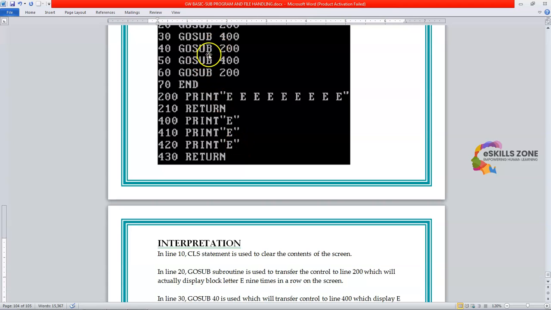So this GOSUB will transfer the control to line 400, and after line 400, line 410 will be executed, and right after that line 420 will be executed unless the return statement is found. Then right after line 420, line 430 is here. It will return the transfer and pass the control back to the GOSUB at line 40, which is GOSUB 200, and from 200 you can again see the row of E on the screen. So I'm going to explain it